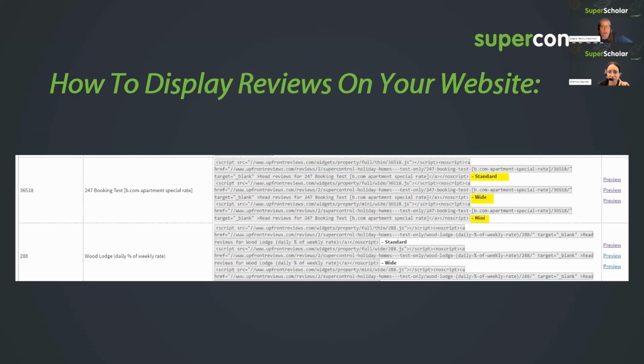To get your widget code, this is again under your integrations upfront reviews widgets. You can display this against any property by using those on the previous slide. And you just need to basically send the code that's shown on the screen at the moment to your web developer,